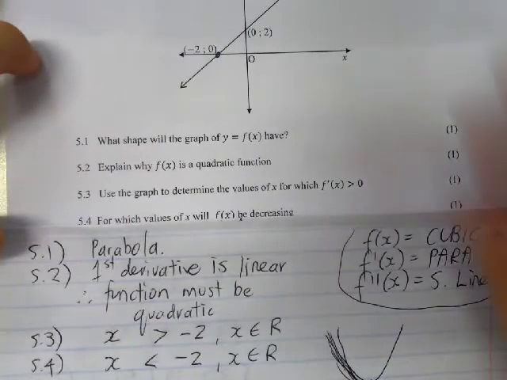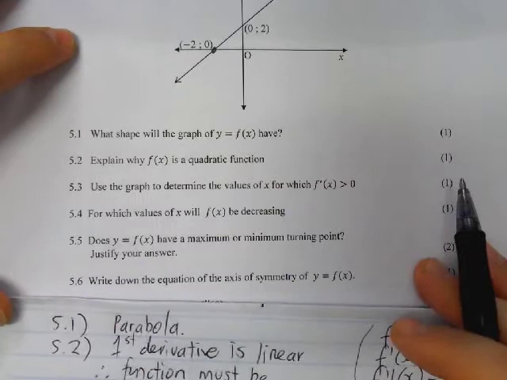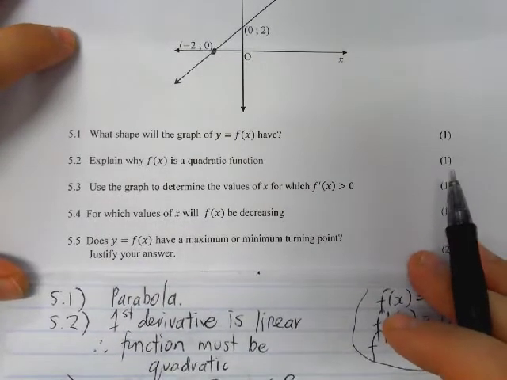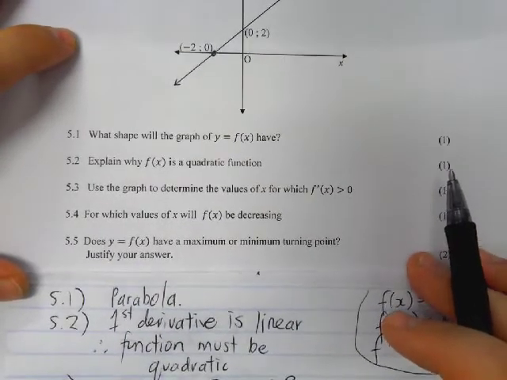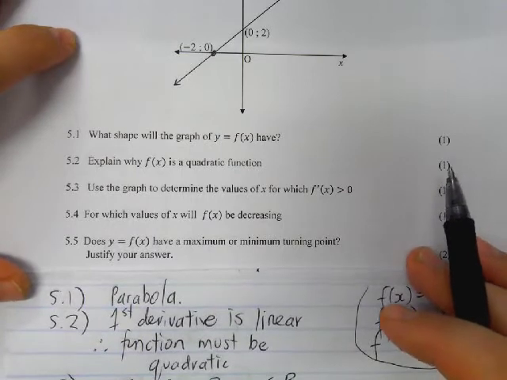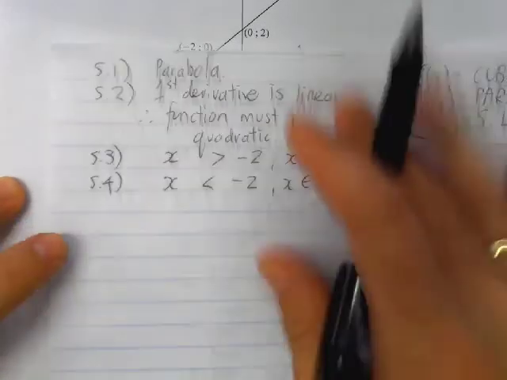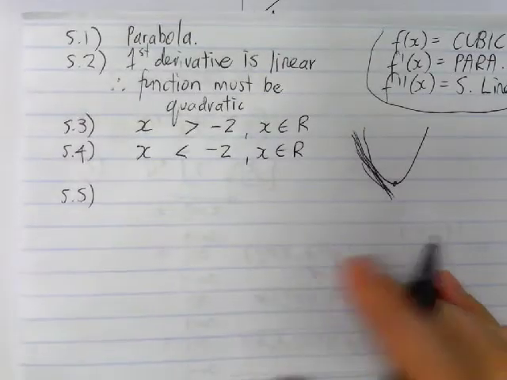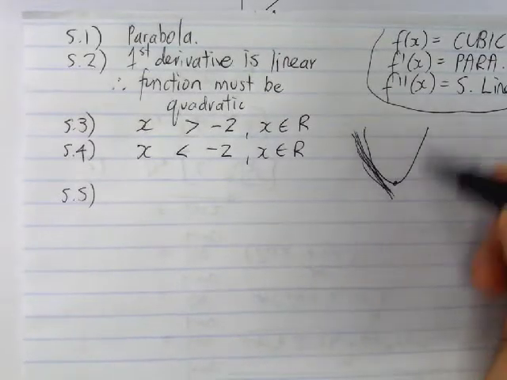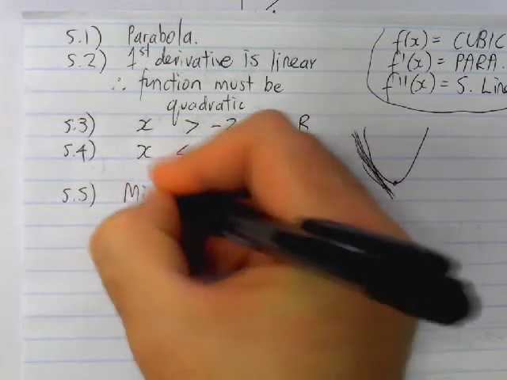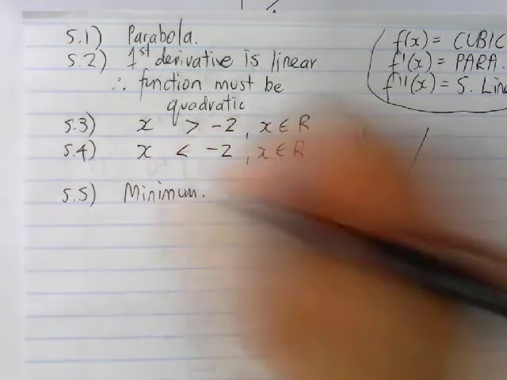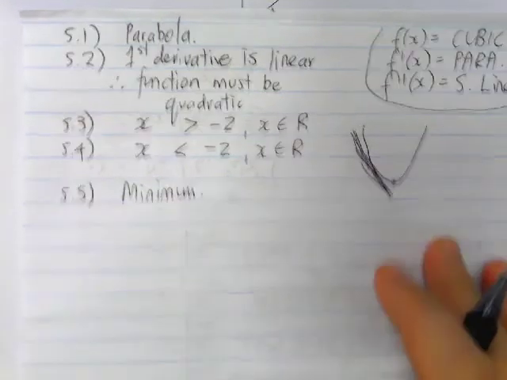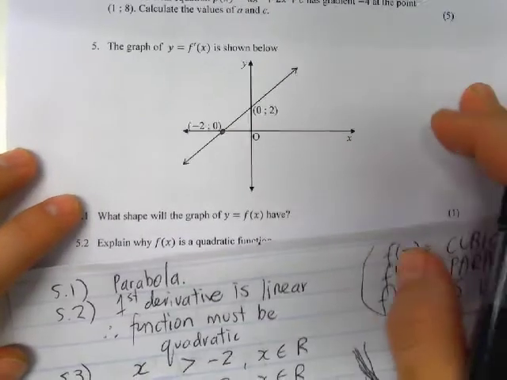Okay, 5.5 asks us the following. Does y is equal to f(x) have a maximum or a minimum turning point? And justify your answer. Okay, so just by looking at the rough little scribble parabola that I drew, we are going to have a local minimum, right? Why are we going to have a local minimum? Because if you had looked at our first derivative